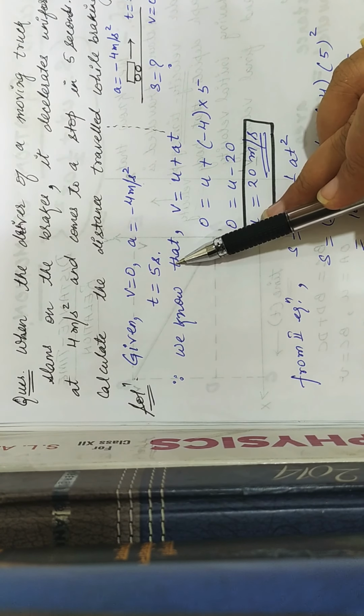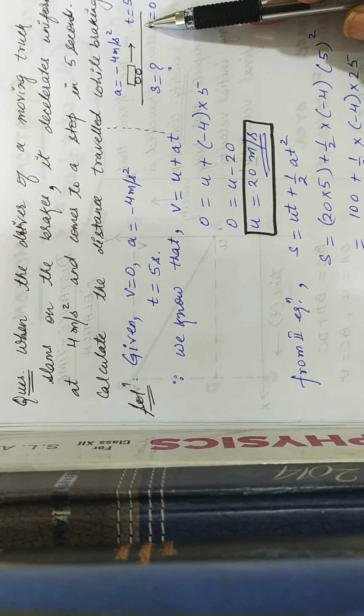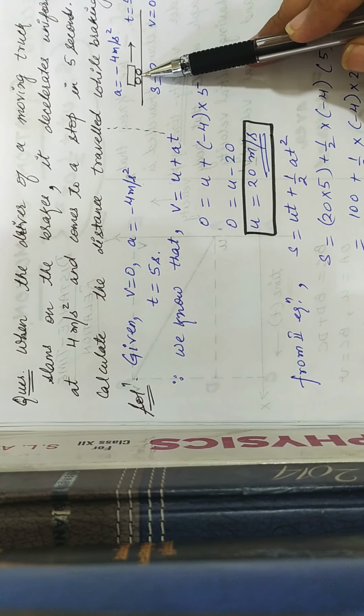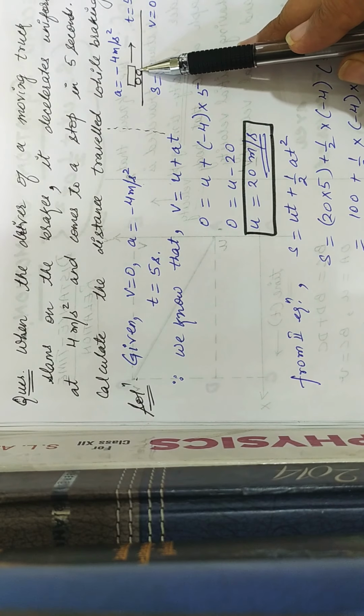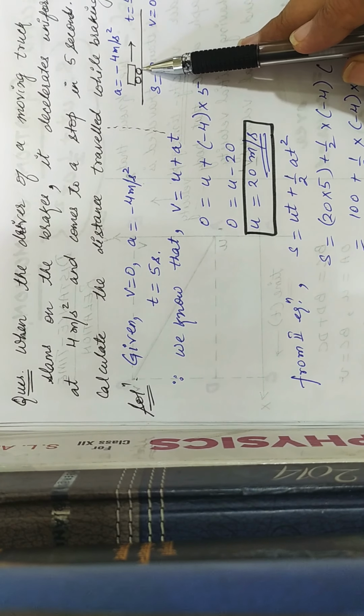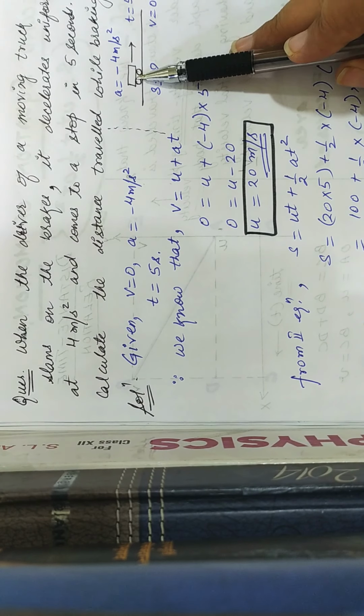So, we may write the given parts, or we may also draw a simple diagram assuming that this is a truck. So, children, you may draw a better truck or write T. I have simply drawn a truck like this. So, a truck is moving, and the driver slams on the brake. So, we know that the truck stops.